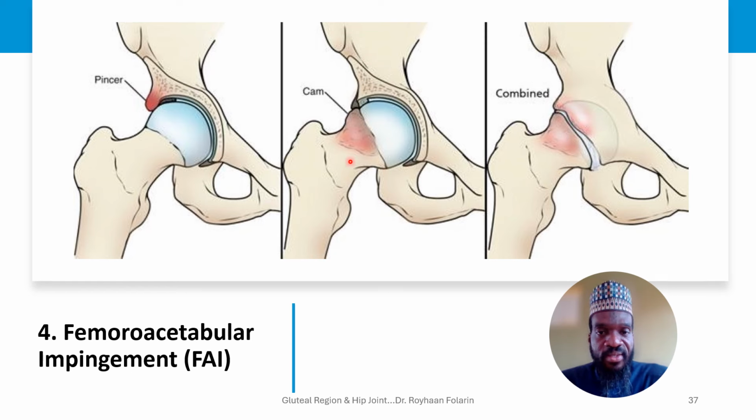So this is, in the pincer type, you could also say this is an acceptable over coverage of the femoral head, resulting from the deformity of the CAM type. So all of these are variations of clinical conditions that could result